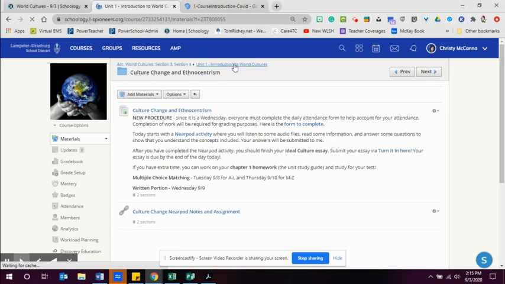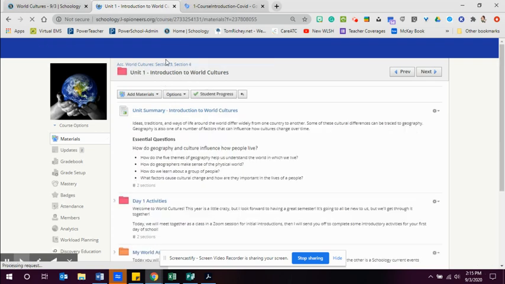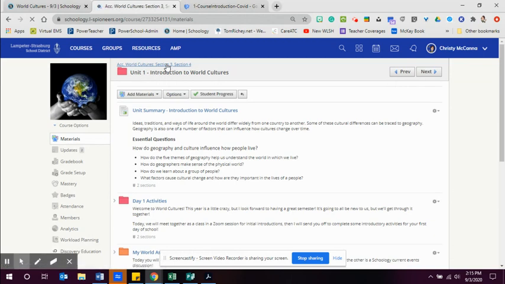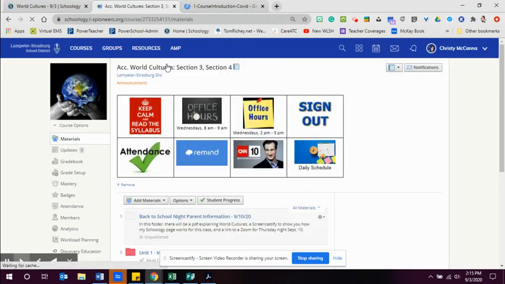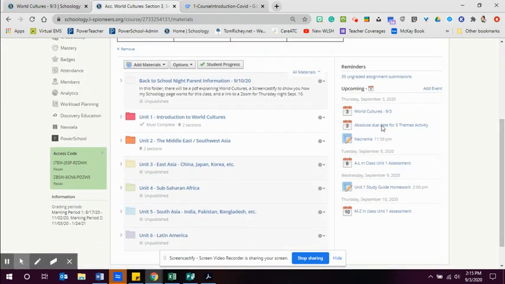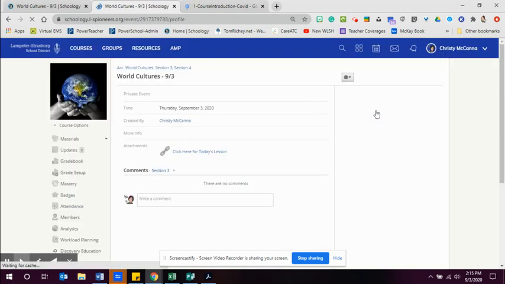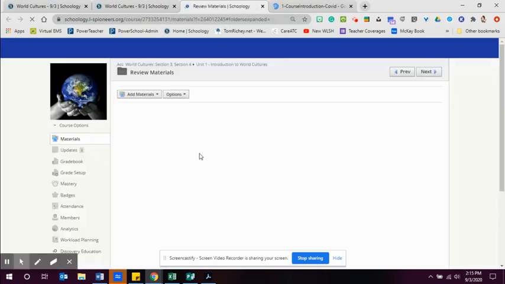And so the way they really figure out what the lesson for the day would be is to use the calendar. Every day that we have school, there will be a link on the calendar, and it will say World Cultures, and it will say the date. And students will simply click on the date. And these are for the students that are working from home. The students that are in class, I will guide them, obviously, through the lesson. Click here for today's lesson. So this was today's lesson.